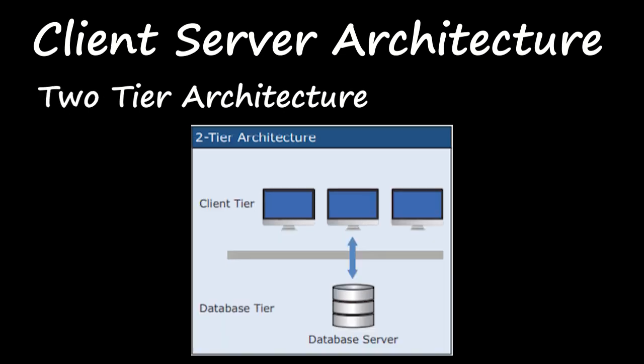Next is two tier architecture. This architecture is used for the server accessed by the client with two layers of interaction. In single tier only one layer of interaction was done; here the client and the server interactions are done in two layers. In this diagram you can see the server database here and the client here. They are not in a single tier; they are given in separate tiers, a database tier and a client tier. So this is two tier architecture.